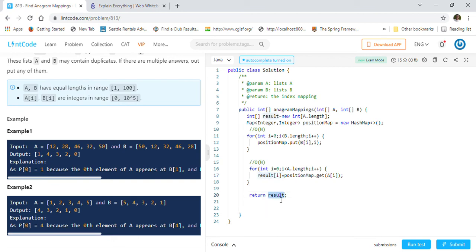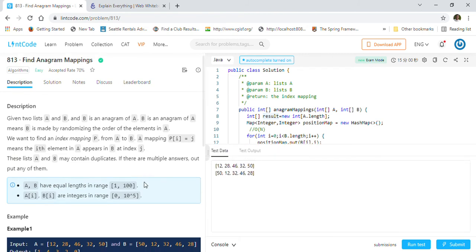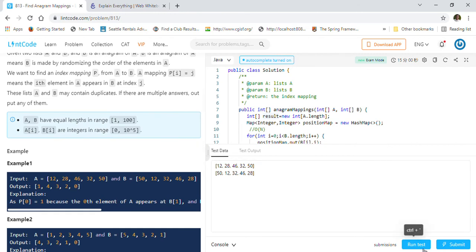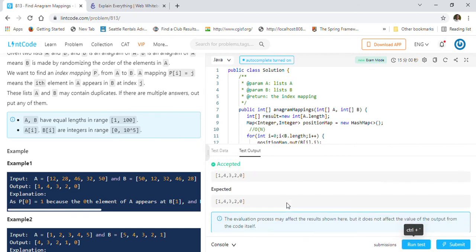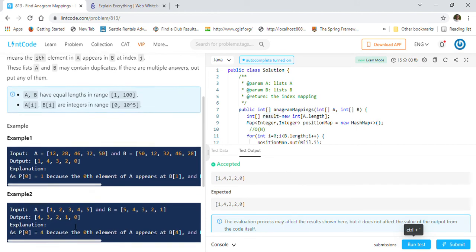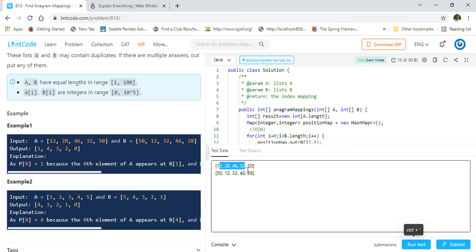So this is the approach we are going to take to solve the find anagram mappings problem. This is the first example that they gave us. So let's run our code and make sure it is giving the correct answer. So we are getting the correct answer here. We can try another example also quickly. So let's just copy this one and create the input test data.